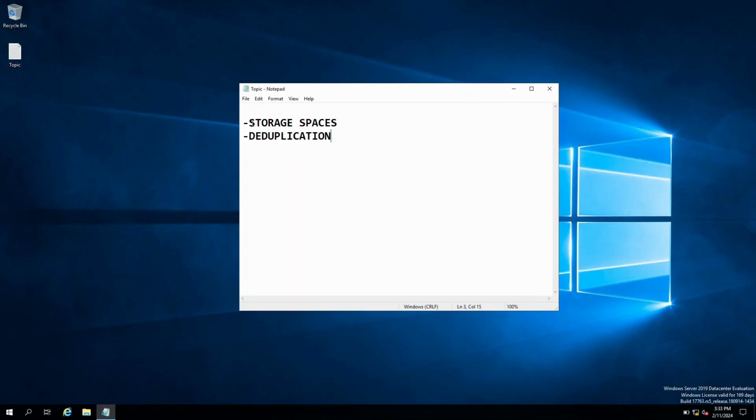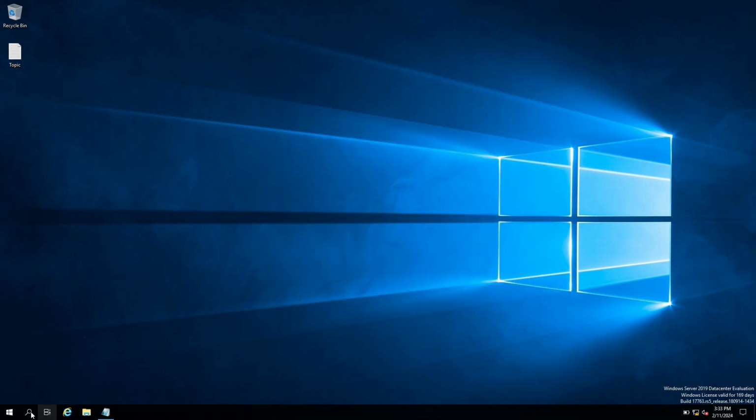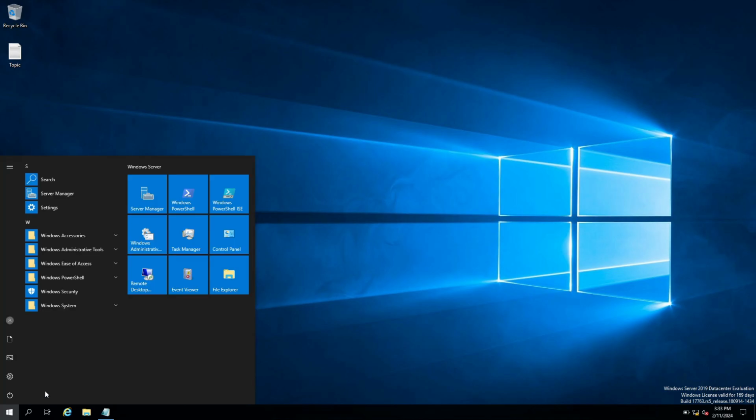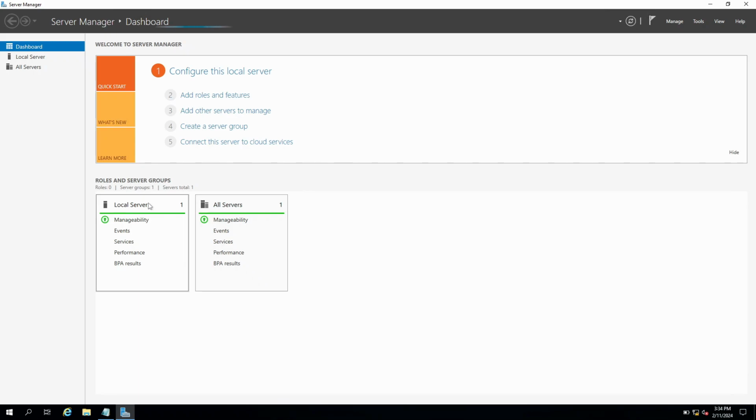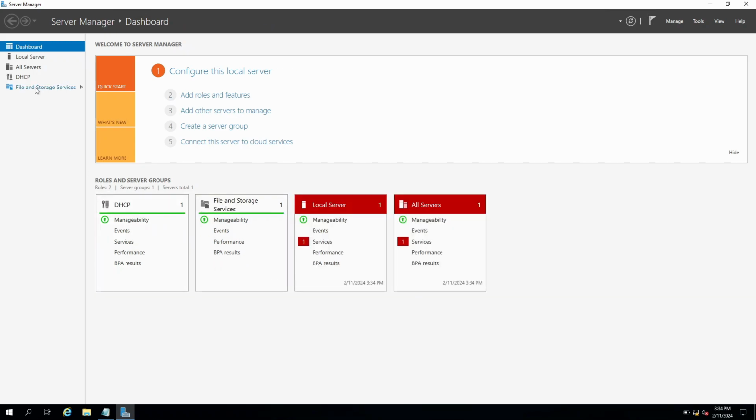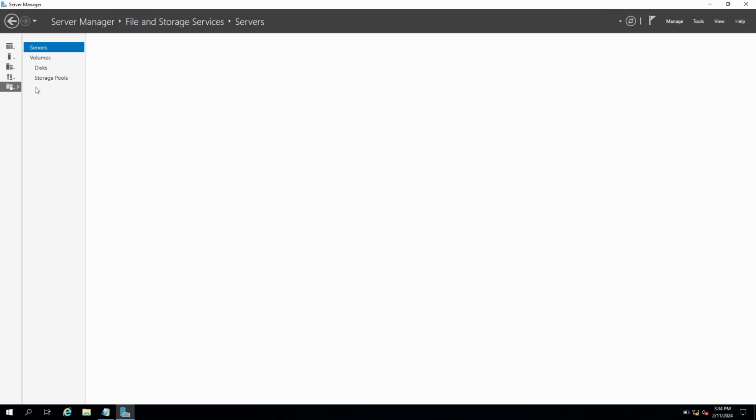Okay, we are now in part 2 of our file server management. Now we need to set up storage spaces and also the deduplication. Start Server Manager, File and Storage Services,